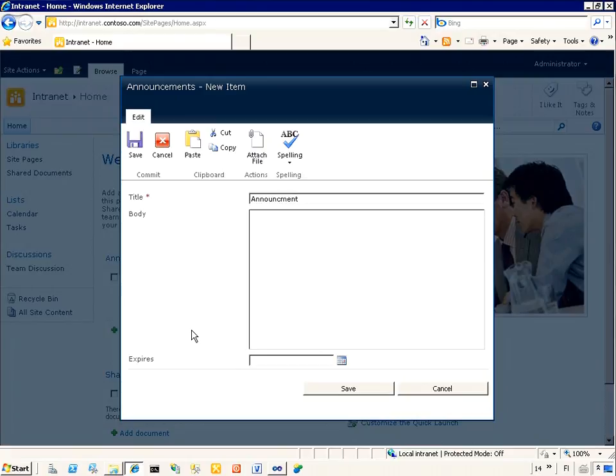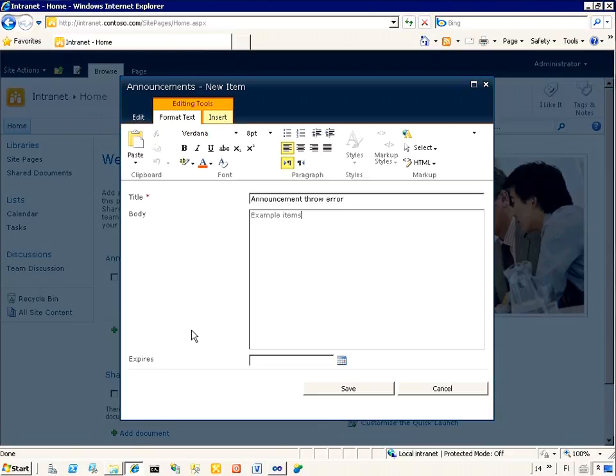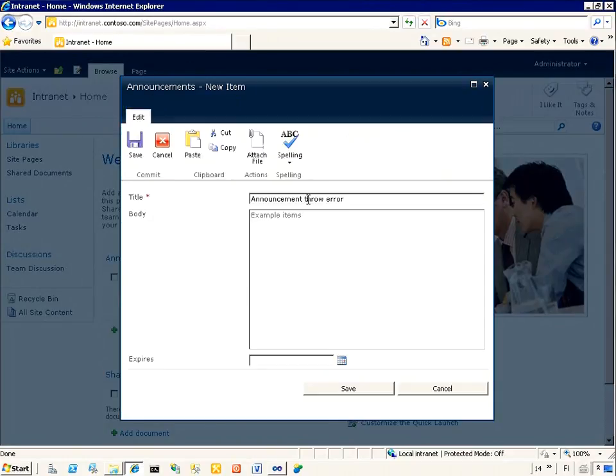So, announcement. In our case this is a demo, so we have a checker which checks that if we have "throw error" in a title, we won't be saving the new item to the list itself. And let's add some body for the actual announcement list as well. Since we do have an invalid value which we are cancelling,